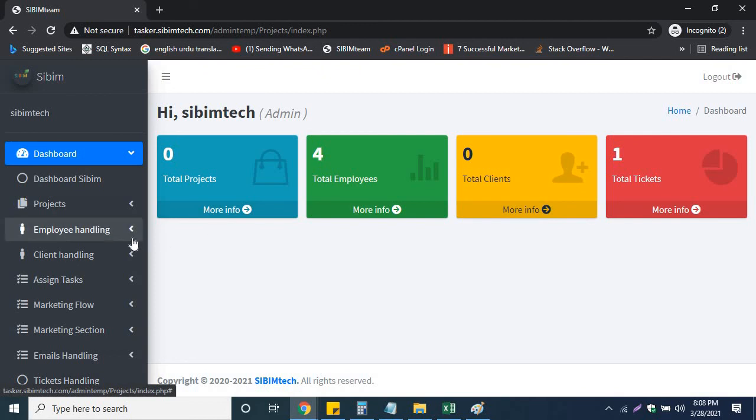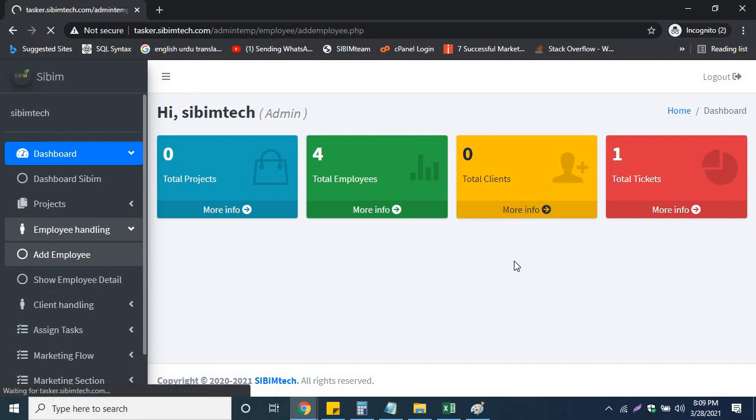What I can do as admin is add employees. The employees are of four types. Some of them can handle the clients, like the clients who are coming and the client reminders. When we need to remind the client, we also receive an email, not the admin. It will be received by a developer, by a client handling person, because there are four types of users.